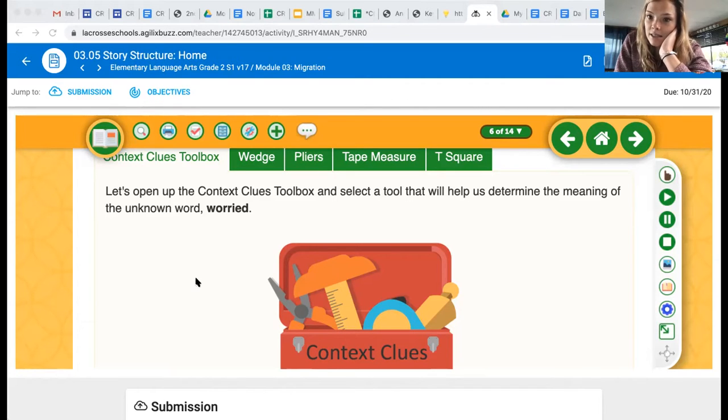Then the last sentence is an exclamatory sentence. That's showing strong emotion within a sentence, so that will always be followed by an exclamation point. My example is, I'm so excited for this weekend! My strong emotion in this sentence is that I am excited. And that on Monday will be followed by a quiz that I would like you to do.